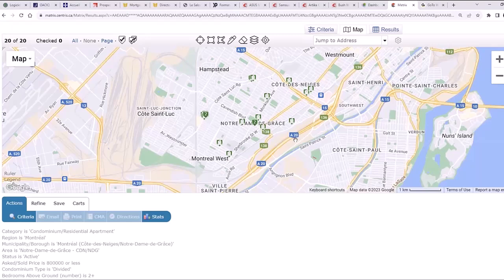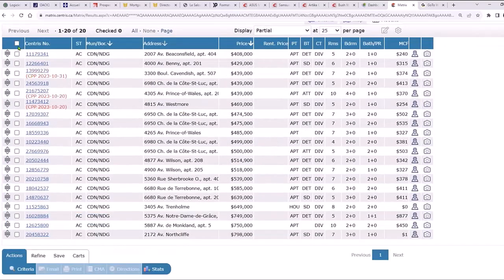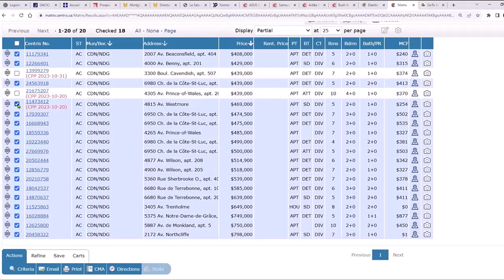I'm talking to you as if you're the buyer, so you know. But let's say all of them, right? I mean, the results are there. As you can see, there are a few here that have accepted offers. I generally don't want my clients to see anything that has an accepted offer. To me, once there's an accepted offer, the likelihood of getting it for my client is small. I don't want people to get excited about those. And there's still 17 other properties to show our client in here, so it's probably best not to show them that.